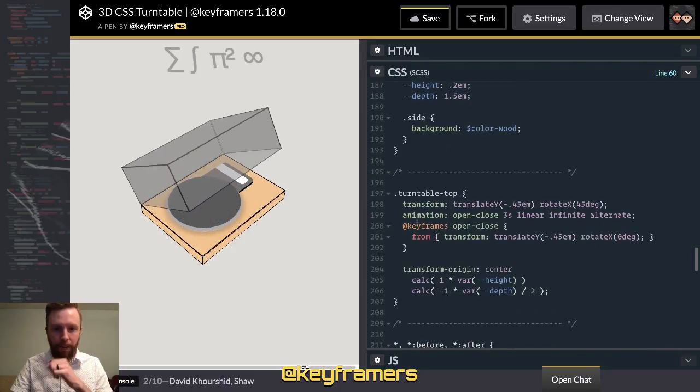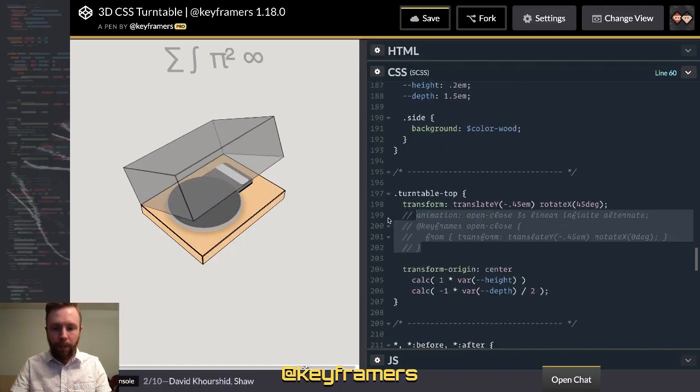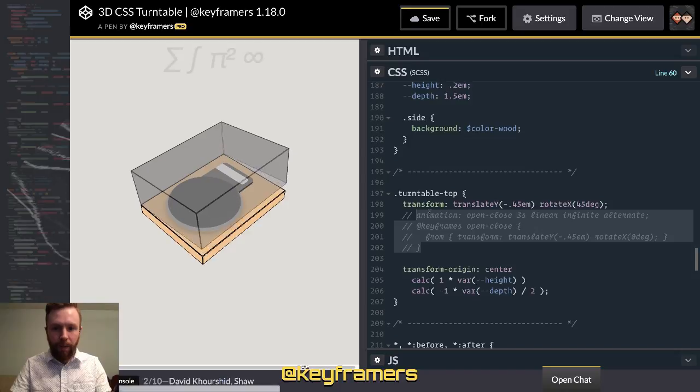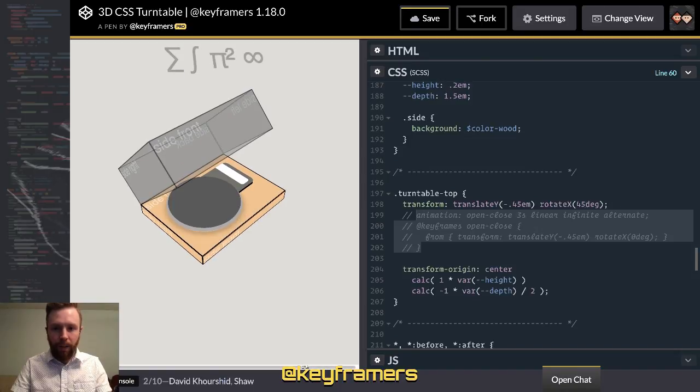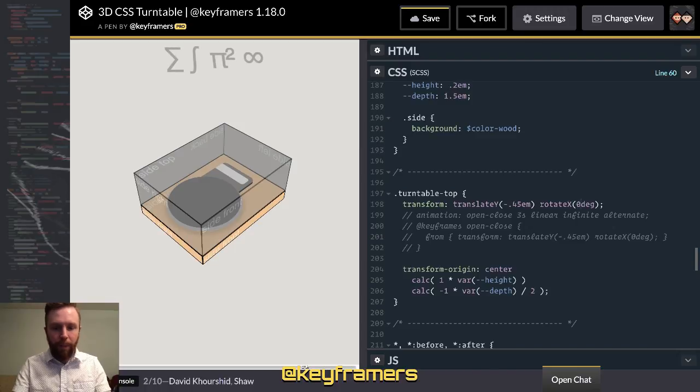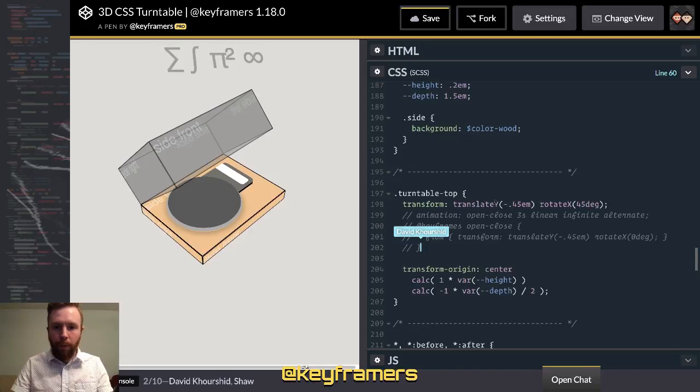Then disable our animation here. And oh man, it's not actually animating there. But what we can do is